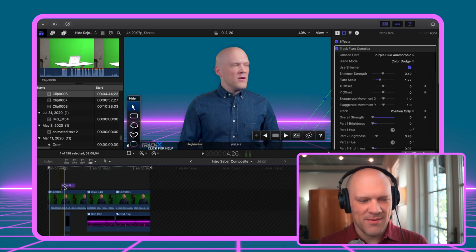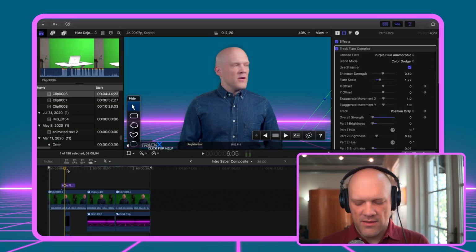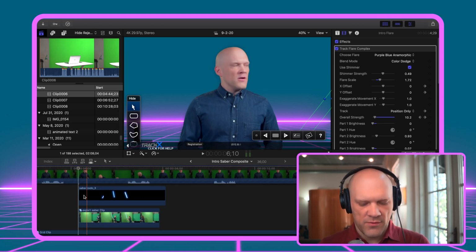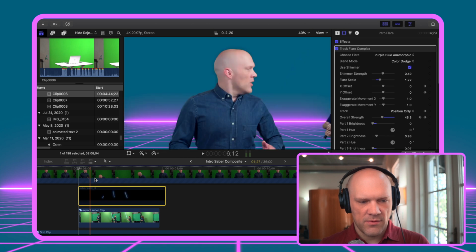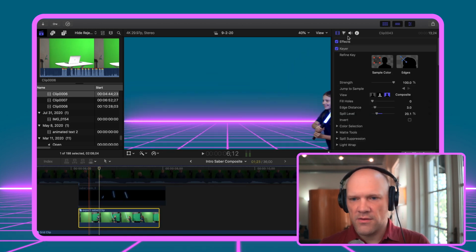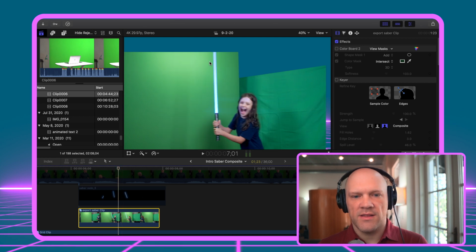One of the parts I really like about this clip is how this happened at 2 separate times. I recorded her part first, and let's go to that real quick here. This is just her running across. There is an actual blade and it's lit up.